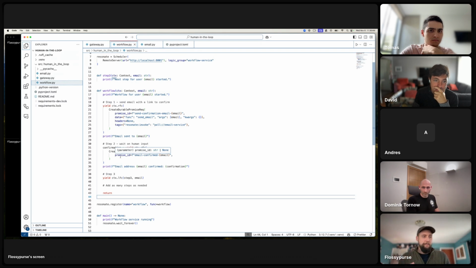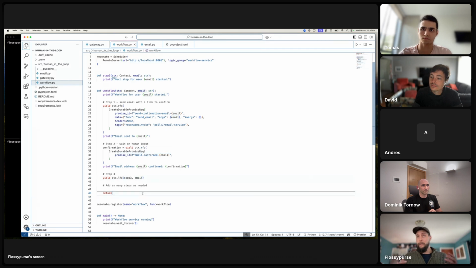The problem with this, the biggest issue I think that developers face, one of them, is that they just have no idea how long it will take for that user to confirm their email. And so there's a lot of rabbit holes that folks go down architecting systems that can take the first couple steps and then suspend for some indefinite amount of time, and then figure out how to pick it back up and continue on after that event has occurred.